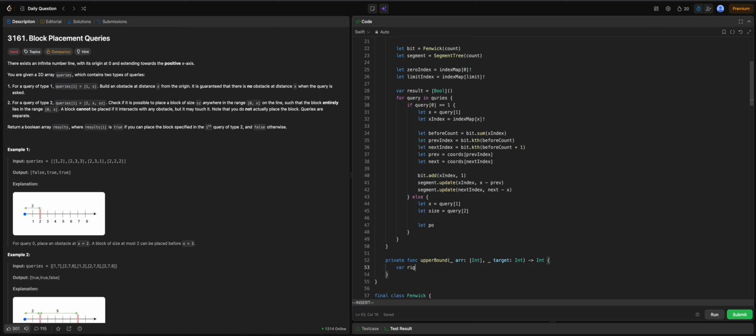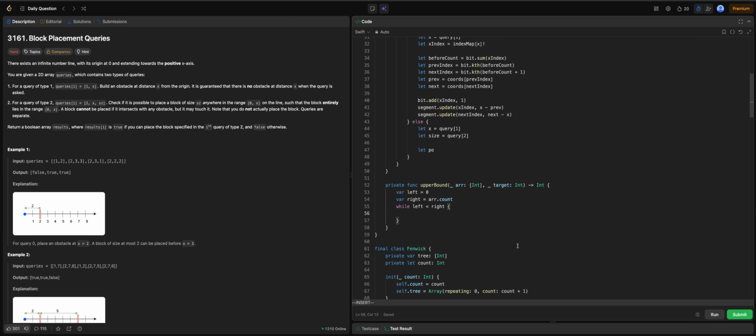Let's use right, left is 0. So as we know about binary search, right will be the array count. Then we're going to check that as long as left is less than right, we can keep the loop running through, and we're going to calculate the mid, which is going to be right minus